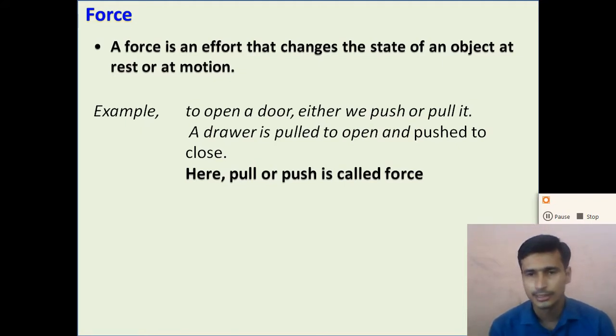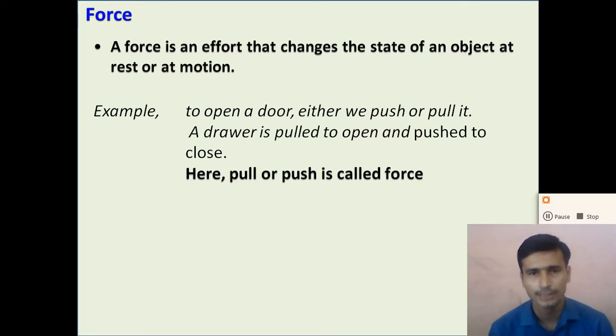It is the energy that can change the state of the object. An object at rest can be in motion, and a moving object can change its direction of motion, that is all. So what will be the effect of the force on the body? Here we need to understand what different types of effects occur when we apply such a type of force acting on a